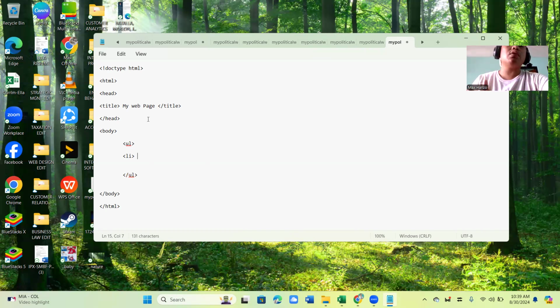Say we're trying to create a listing of Filipino food ingredients, say adobo. So we'll try to list down all the ingredients needed. Say, meat, and there should always be a closing tagging.